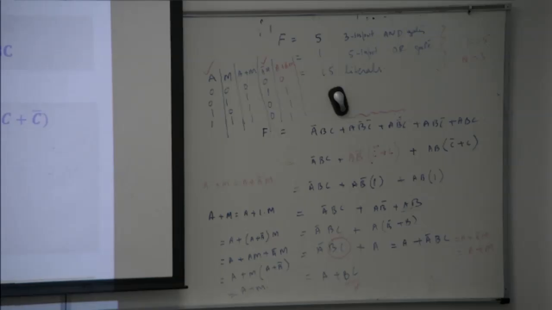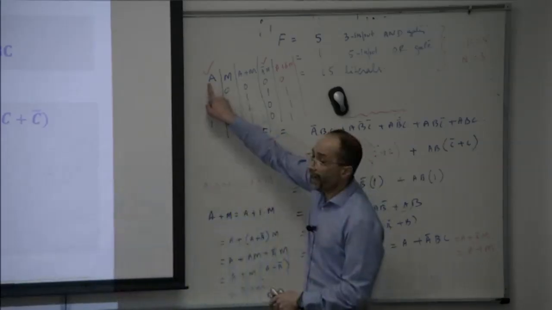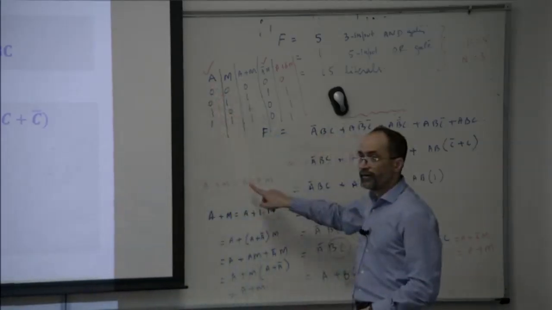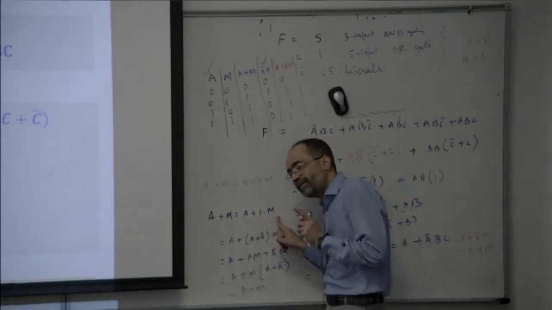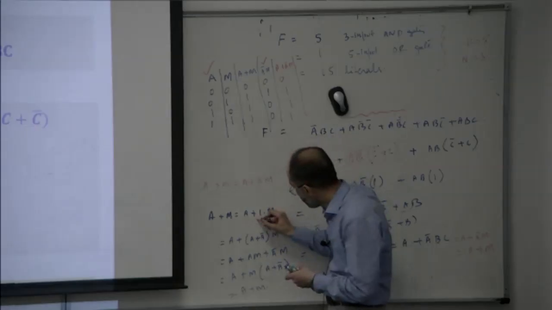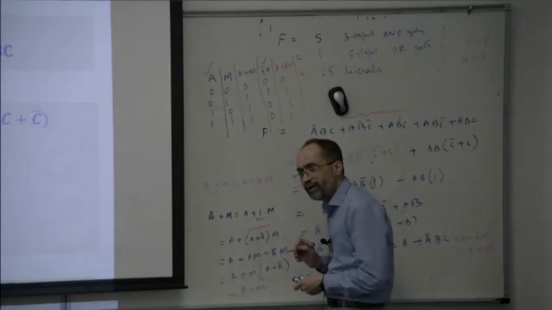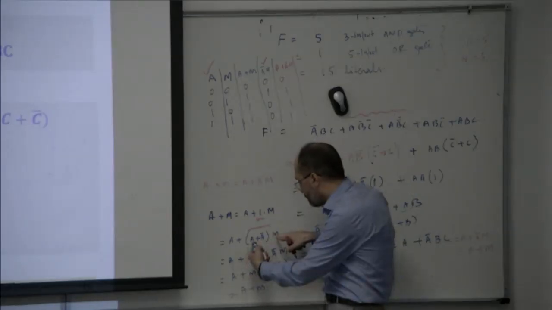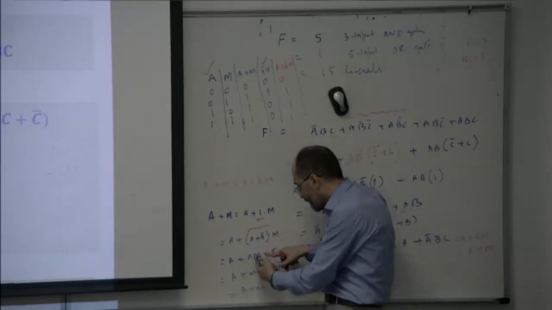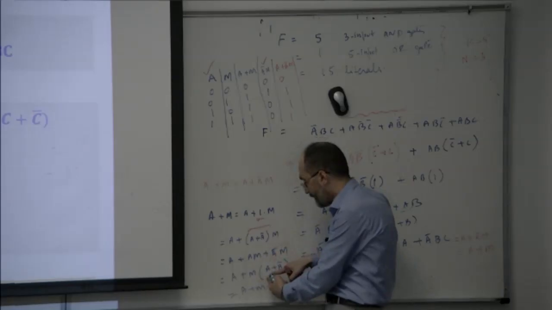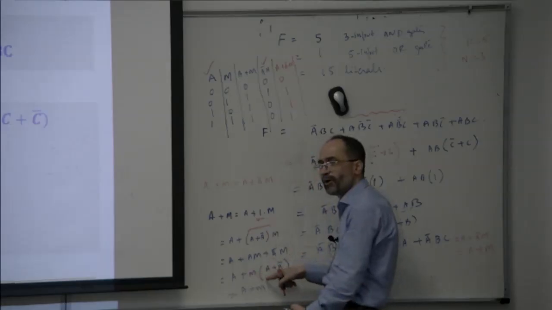Got it? Here, everything is clear or not? I don't understand. Which? The method to Boolean. Okay. Which one? The second one. A plus M. A plus 1 dot M. Can I write it? What is 1? Got it? And then A plus A multiplied by M, A bar M. Clear? We take M common. When we take M common, so it will become what? And A plus A bar is what? 1. So A plus M dot 1 is